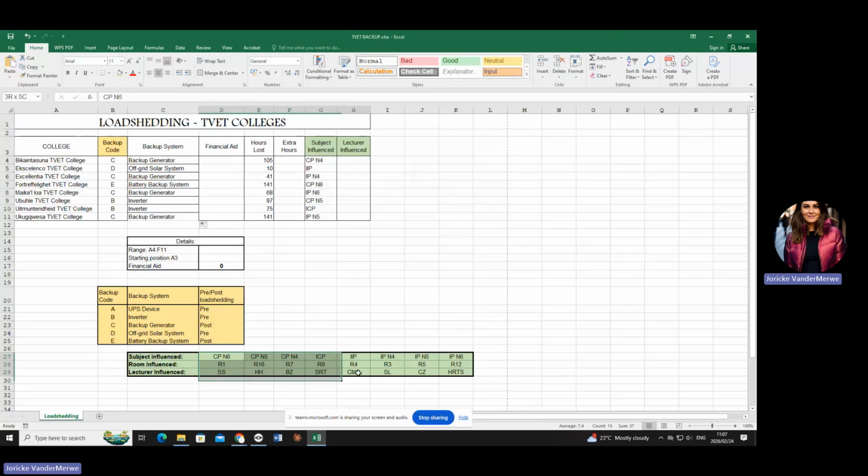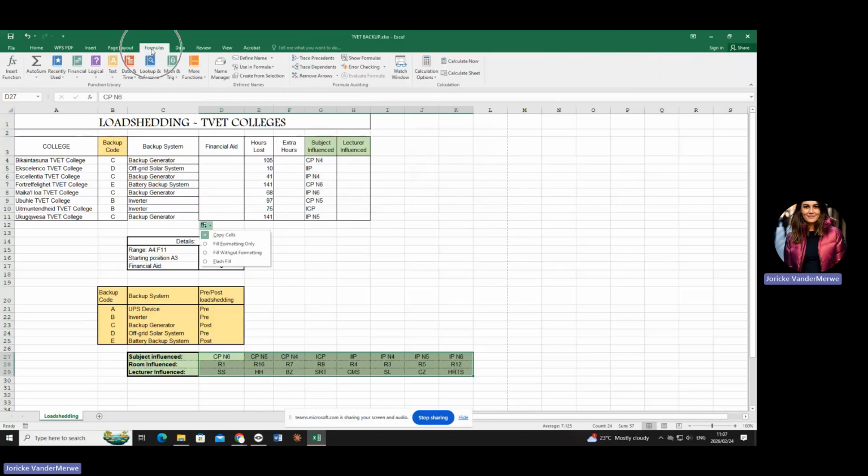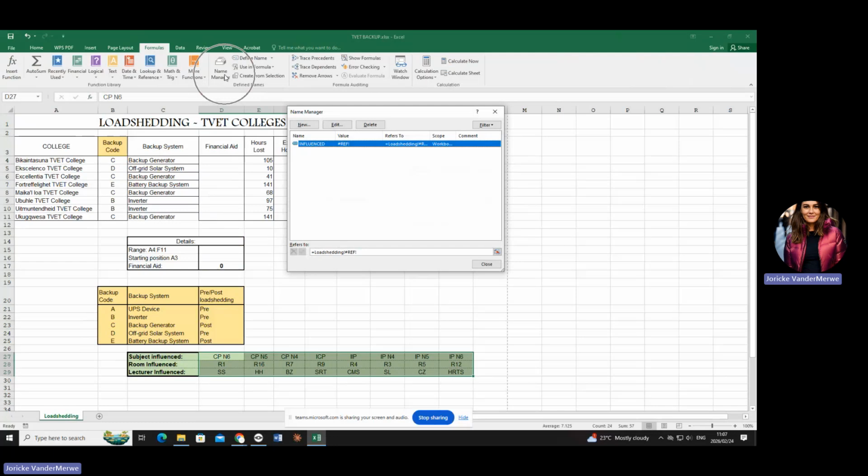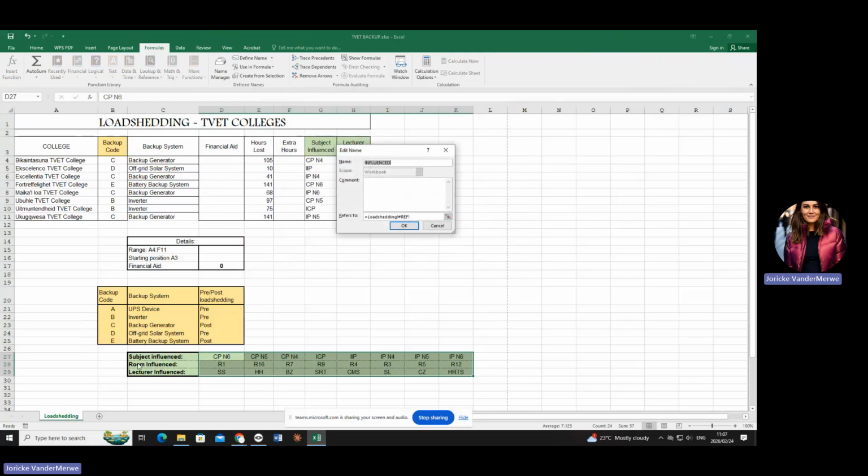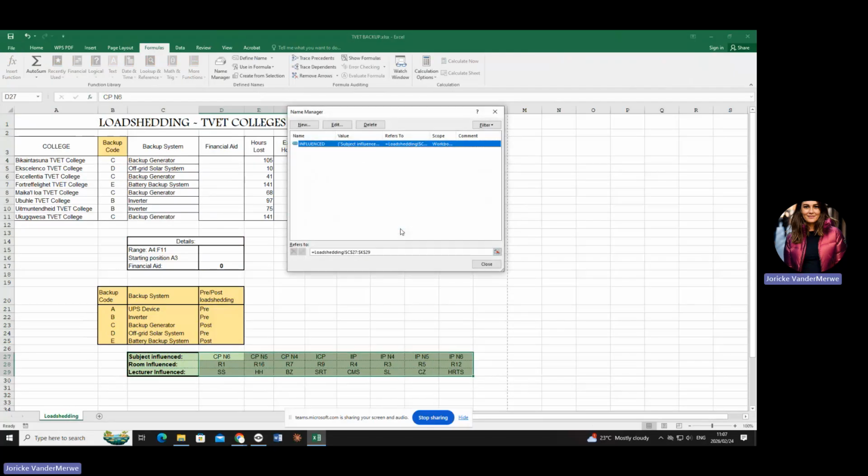Now for this specific one, we actually had to do something different than previous question papers, but there was an error. So we had to go to formulas, go to name manager, and delete this one because there was a mistake. Now you can either delete it, which I will do, or you can edit it, okay? Because it's not always going to be there. So let's just see if it's working now.